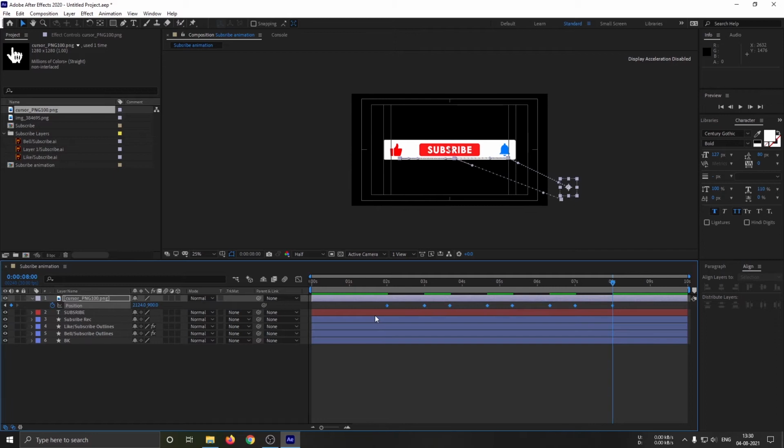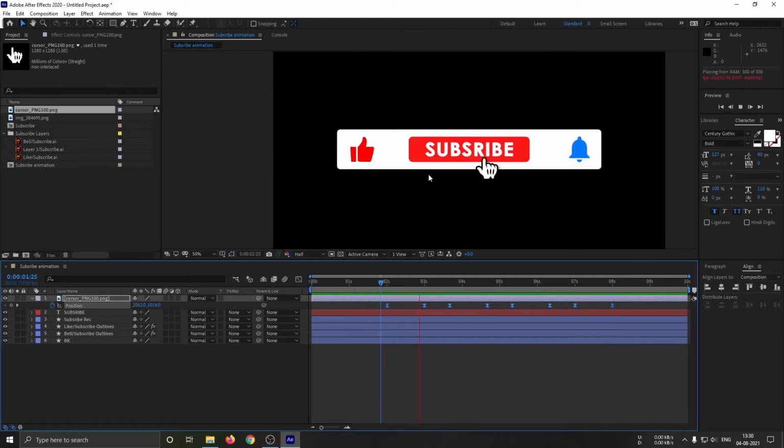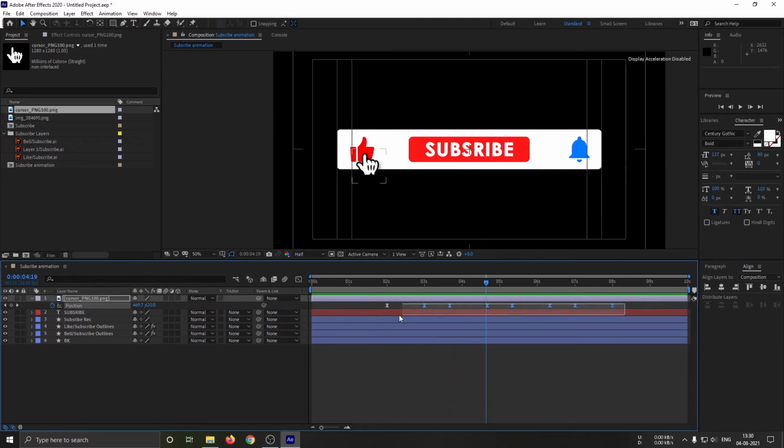After keyframing the position, select all the keyframes and ease them, then click on the graph editor and make the graph like that.